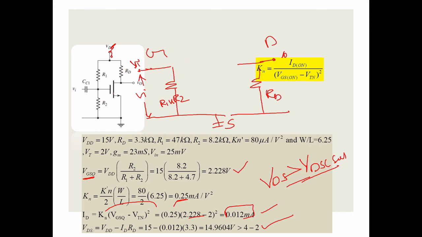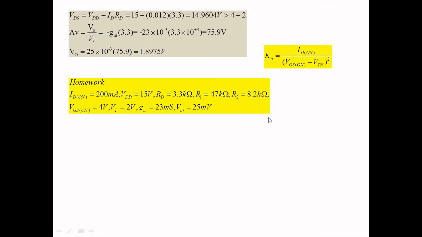Now I want to replace this with the model. Here it will be represented by an open circuit, that is VGS. Here is the drain current, so we represent it with this shape, Gm into VGS. Suppose channel length modulation is there, you can represent R naught. If not, you need not represent R naught. So this is the procedure to solve the small signal model.